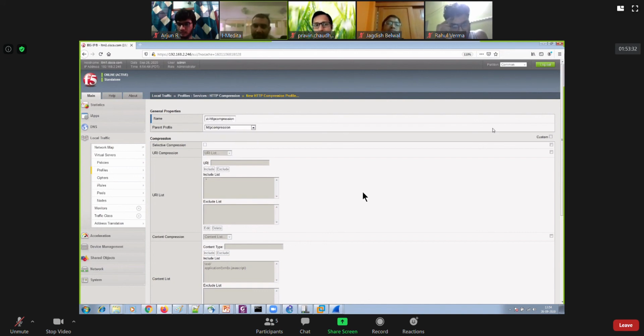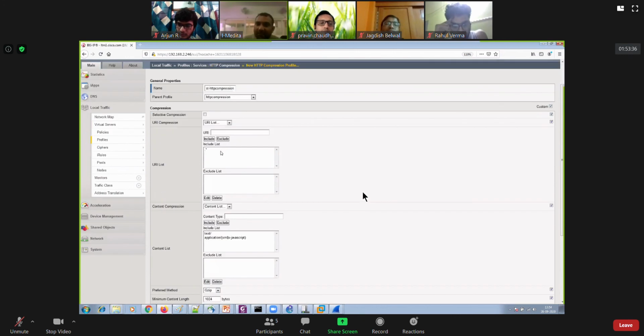The parent is compression, then click on custom. You can see that by default it is going to perform compression for all URLs, asterisk, which means all. If you don't want to perform HTTP compression for a specific URL, type that URL, for example www.facebook or maybe www.imedita.com. I don't want to perform any compression for this website.